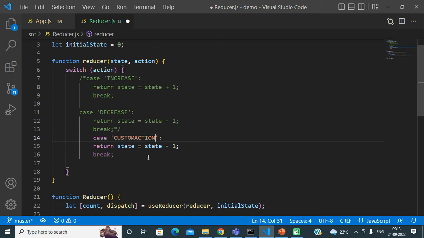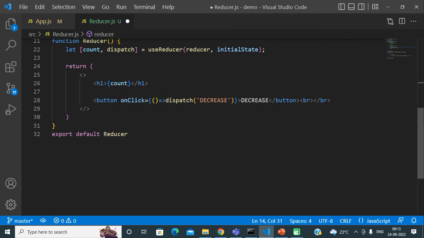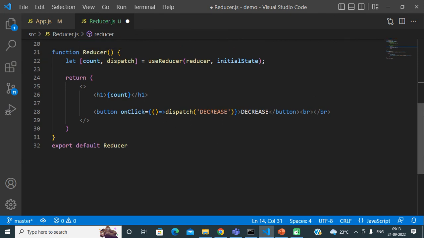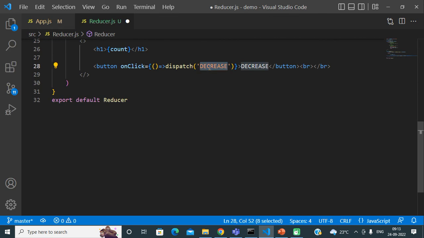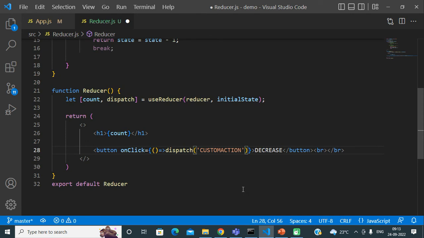Now what is the custom action? This time the user will send its data, meaning we will be able to send data with the action as well. So how can we do it? For that we convert this dispatch function syntax to a normal object like this, and we create different properties in this object.